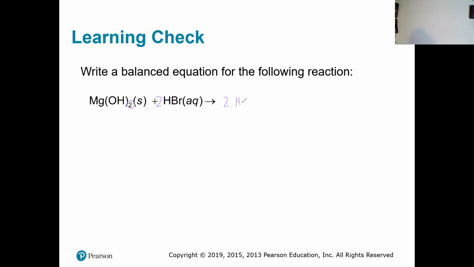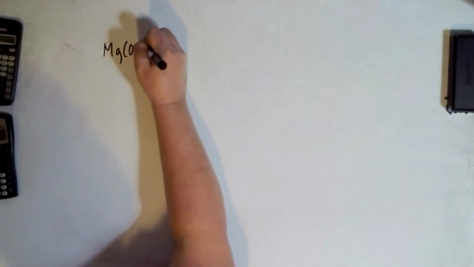H2Os. I don't know why I'm writing this on here instead of writing it on the board. I just write this on the board. Just messy otherwise. But